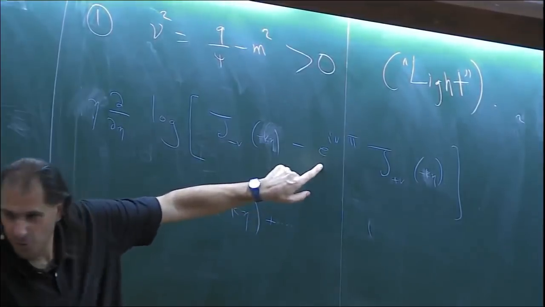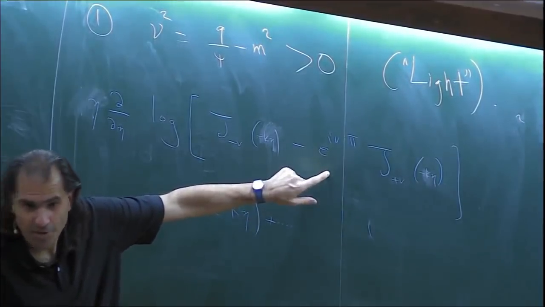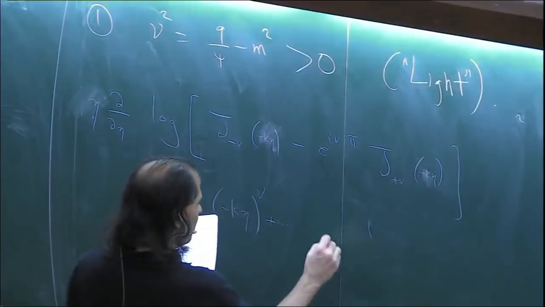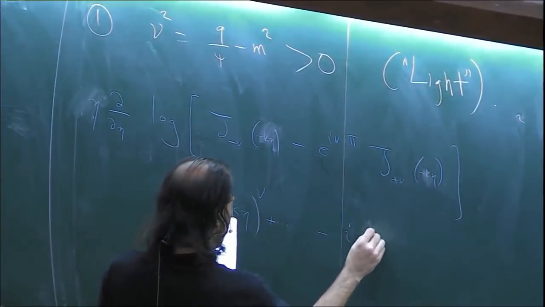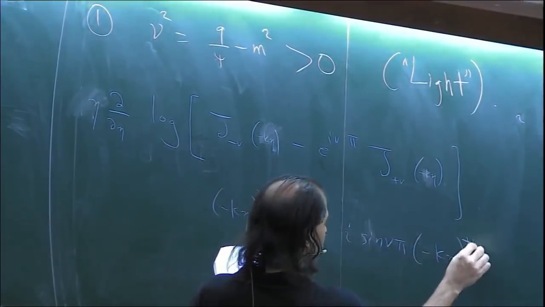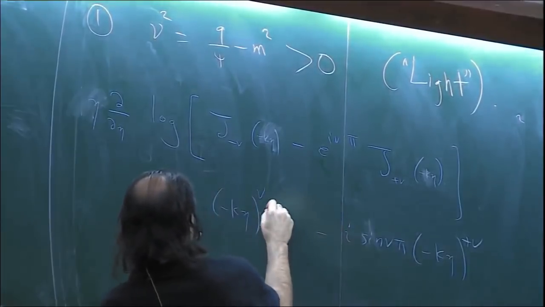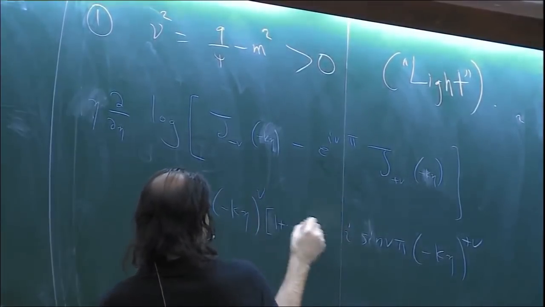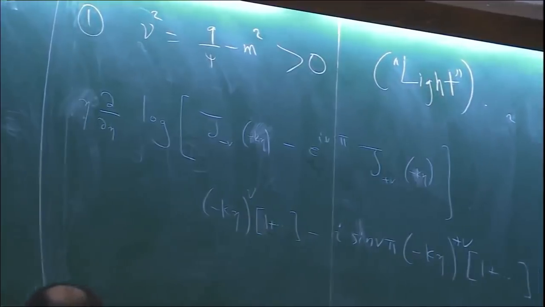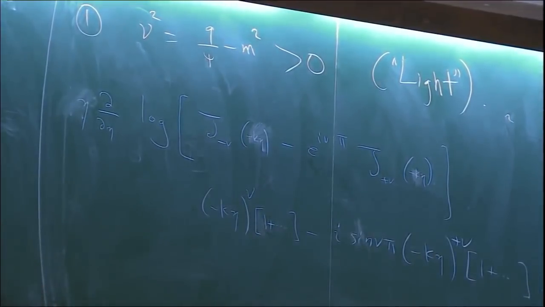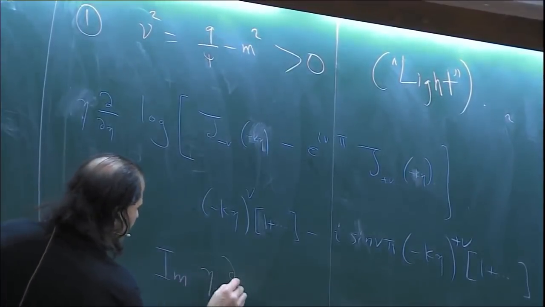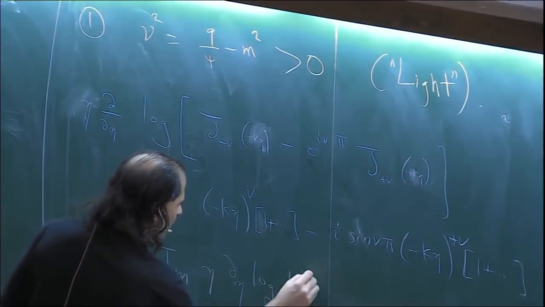To get something, I'm going to have to pick out this other guy, which has this I sine pi nu in it, right? So there's something here with a minus I sine nu pi minus k eta to the plus nu, again. So when I say plus dot dot dot, these are things that are analytic. There's just a power series from there. So it's also here the things that are analytic. So the imaginary part of eta d d eta log Hankel